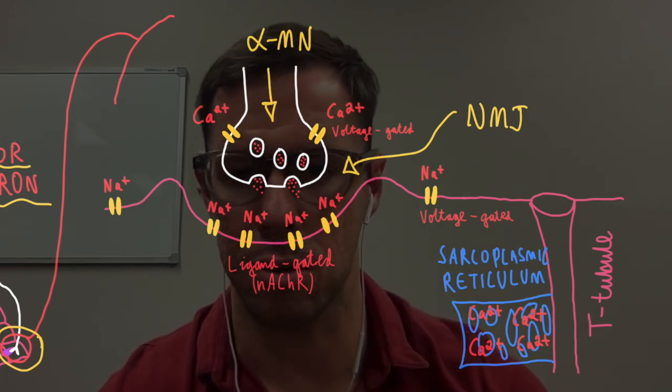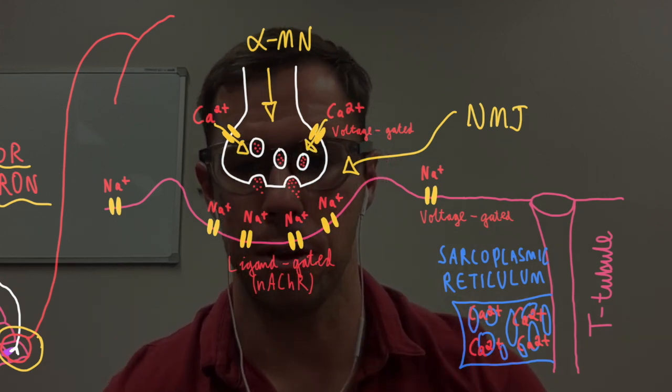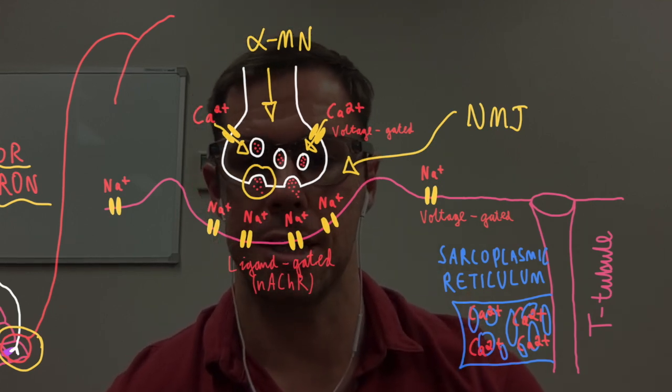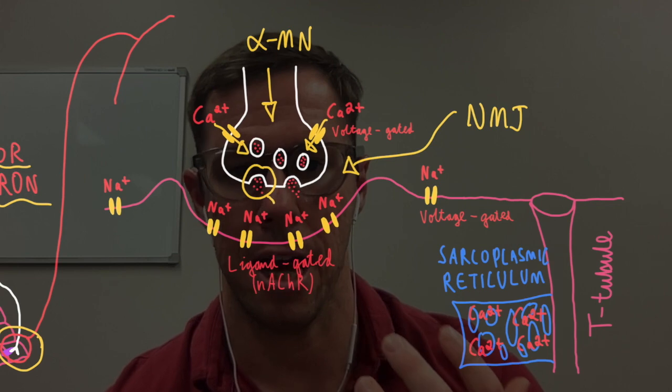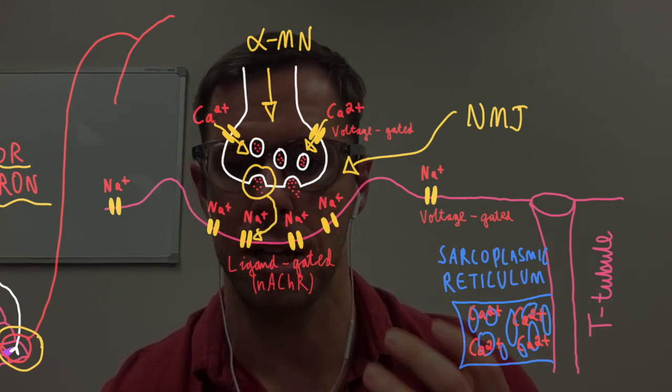This causes vesicles that contain the neurotransmitter acetylcholine to fuse with the membrane of the lower motor neuron axon terminal. Acetylcholine is then released into the synaptic cleft via exocytosis, which diffuses across the cleft onto nicotinic receptors